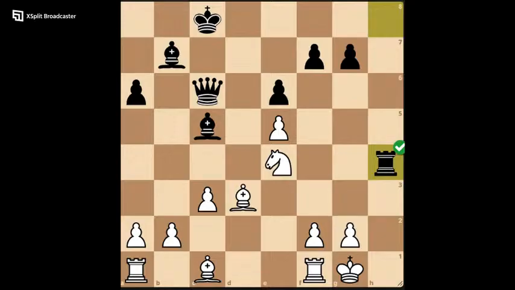Let's see. Oh, see? I switched the port and look at that. Well, I guess that's a solution, right? If you cannot castle queen side, castle king side. I suppose that is the lesson.